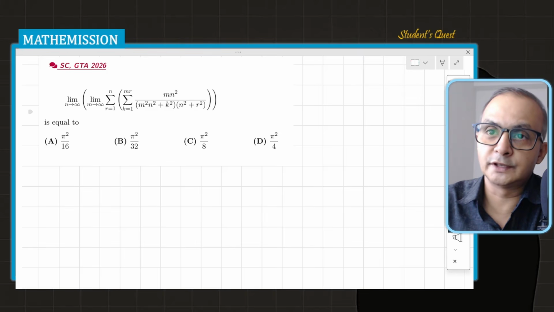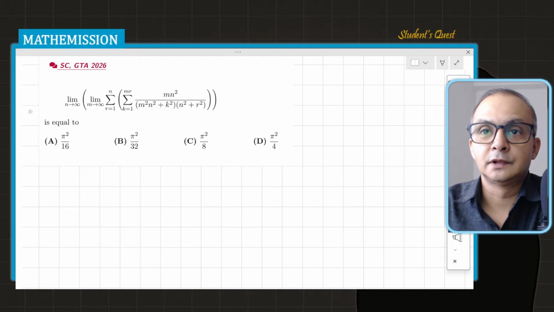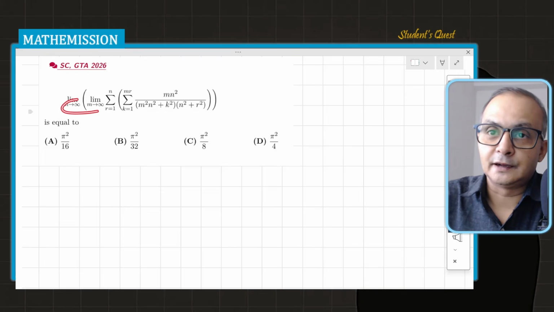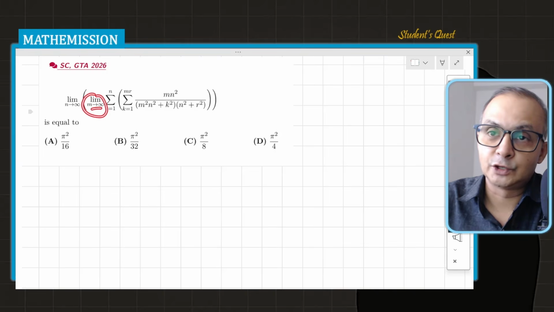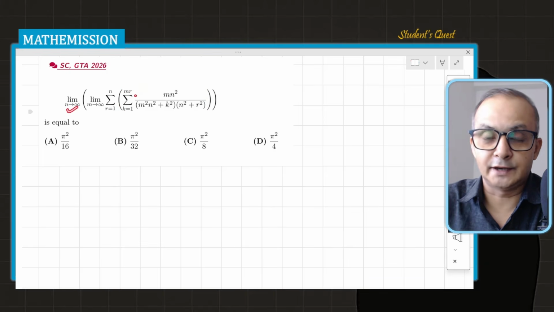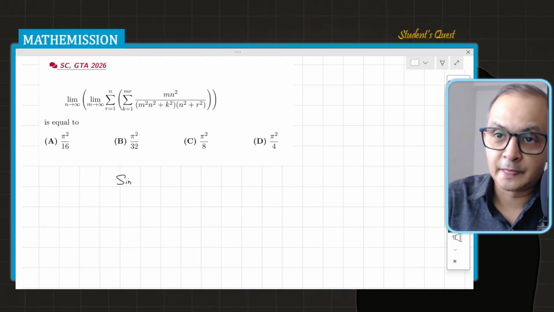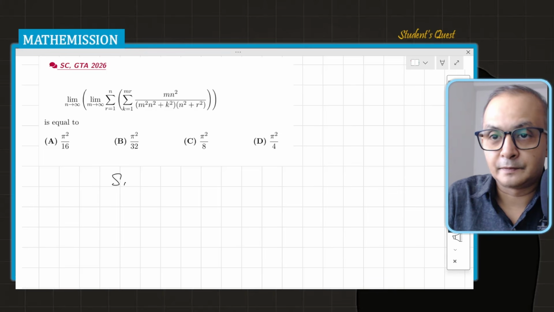So what I'm going to do is, for this summation I am going to take m first as the variable which is approaching towards infinity. It means I'm swapping this limit. I'm just inserting this limit, m tends to infinity, to evaluate this first inner sum, and then whatever result will come, again I will apply the limit onto that. So what I'm calling is the S inner, that is, the sum inner. Let's say the sum inner